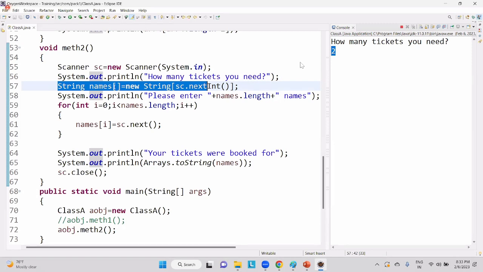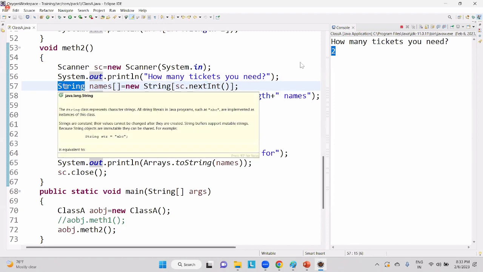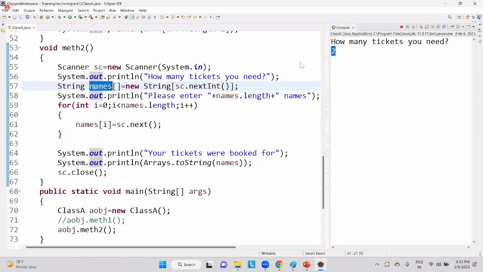The type of this array is String. The name of this array is names. What is the length of this array? 2. Am I clear with this? Whatever input I am giving, I am accepting that as the length of the array. Okay, so if I press enter button,